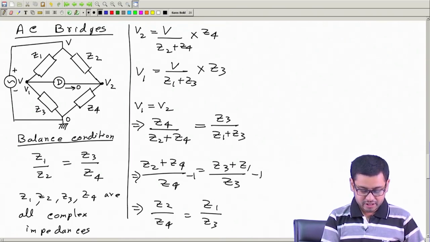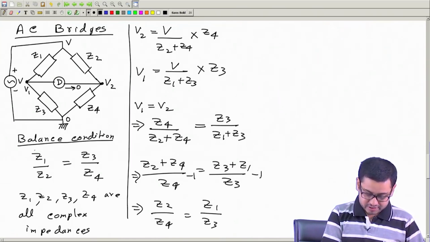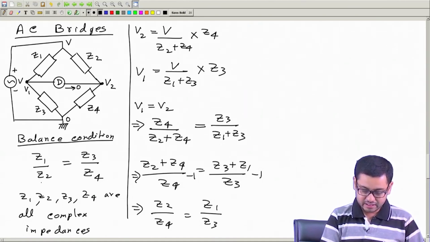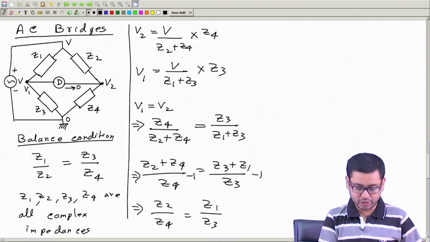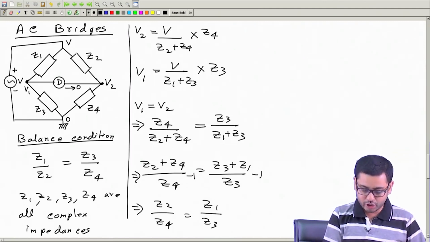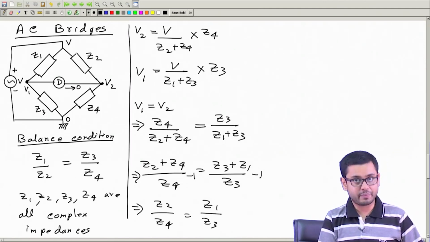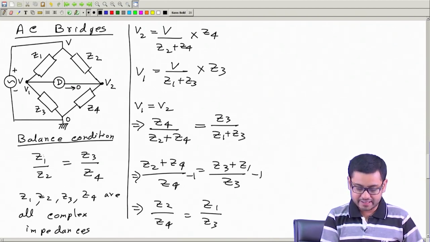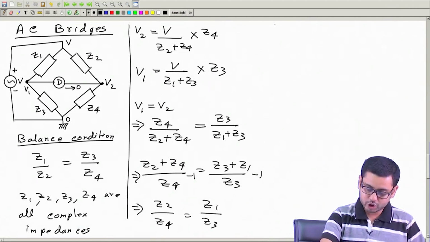That is one way of thinking it. Or you think of this term being represented in its magnitude and angle form. This also can be represented in its magnitude and angle form. Then the magnitude of the left hand side should be the same as the magnitude of the right hand side, and the angle of the left hand side should be the same as the angle of the right hand side. So, we can write